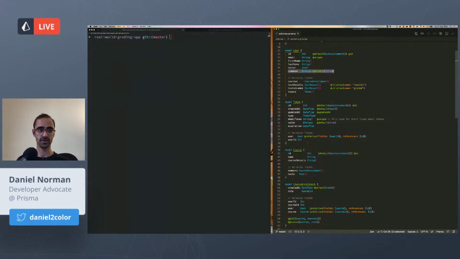So authorization, as I mentioned earlier, was what a user is allowed to do in the application. We already know who the user is, but now we have to determine what they are allowed to do. And so generally in our application, most of the authorization rules will be derived from